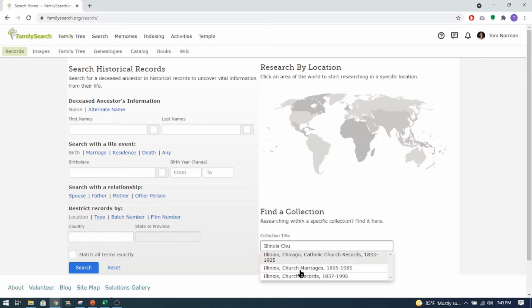Catholic church records, marriage records. I don't want that because I'm looking for death records. And church records. So these are the 2 that you might want to search. I'm going to choose this Catholic